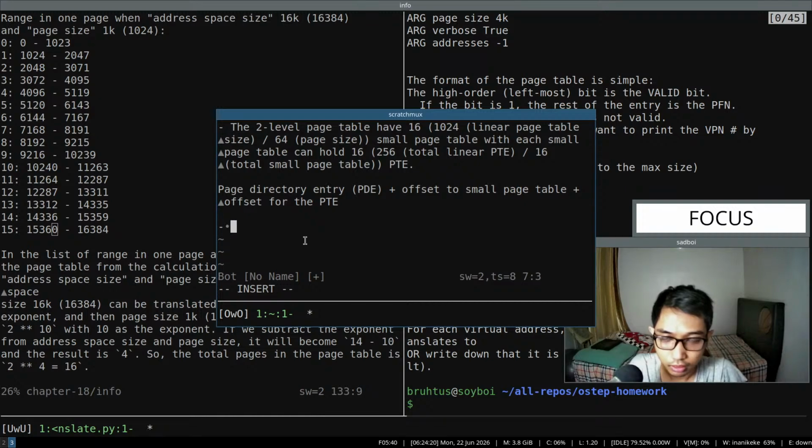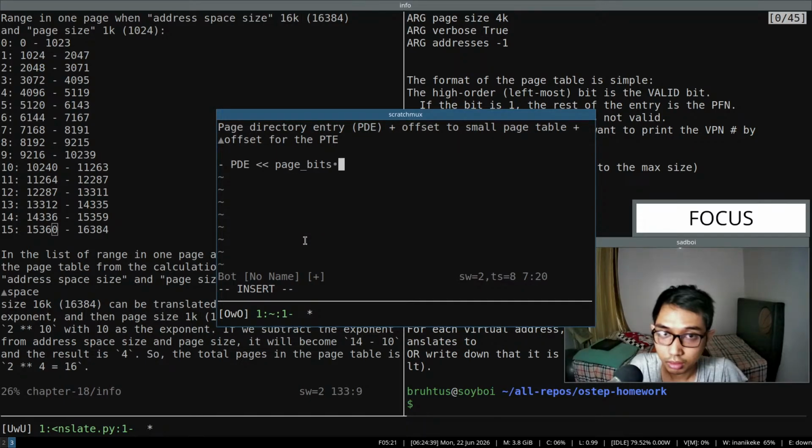How do I explain this? PTA left shift page bits, I guess, to get the base address for small page table, and then speeds. I think I'm not sure